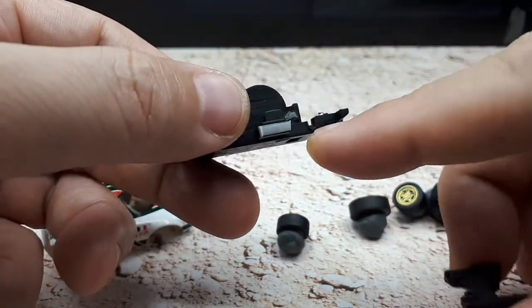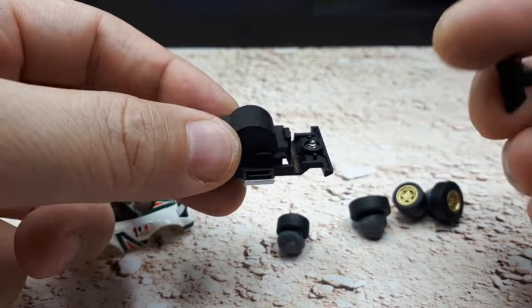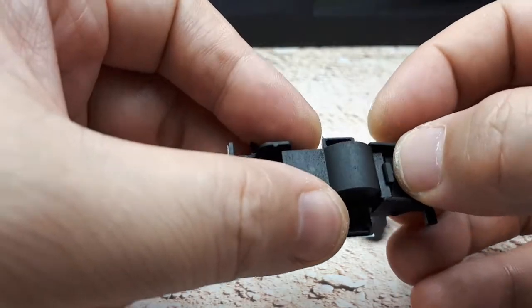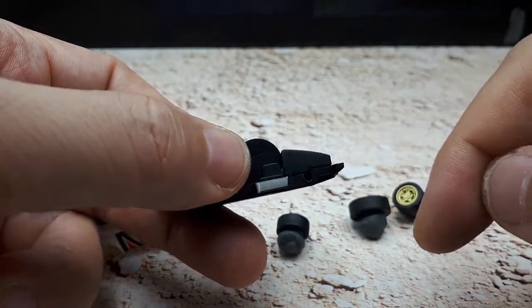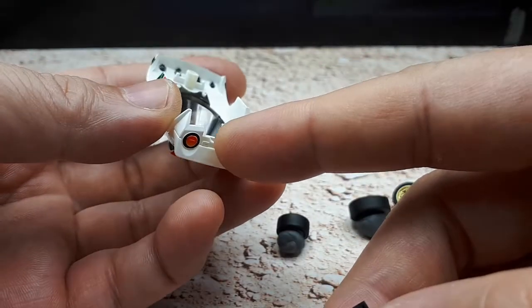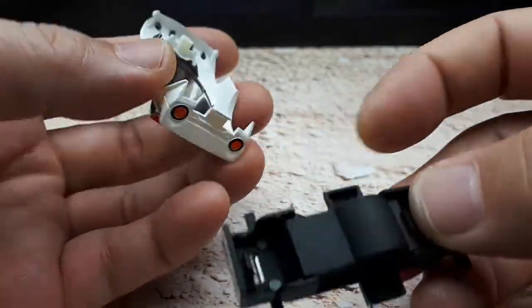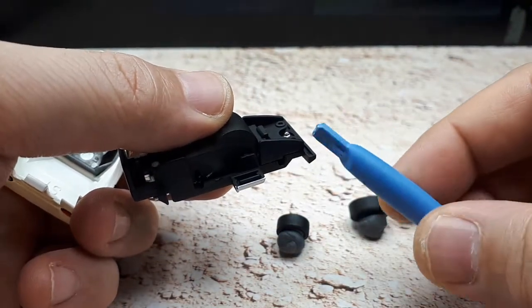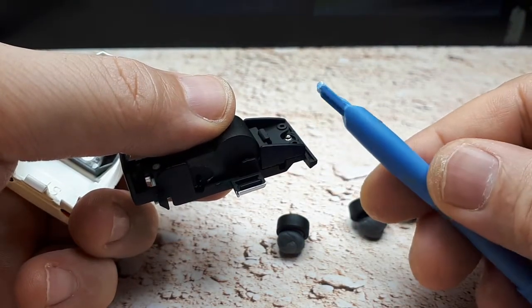This thing has the front axle way ahead of the motor, so it needs this separate little plastic piece to trap the front axle. So that's what's going on there. And then I found that this hook was really tight. There's just too much paint or something like that. So if you have a hard time getting that off, I just used one of these mobile phone tools, and